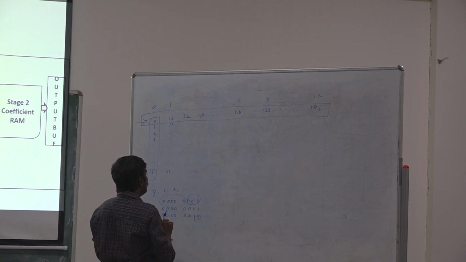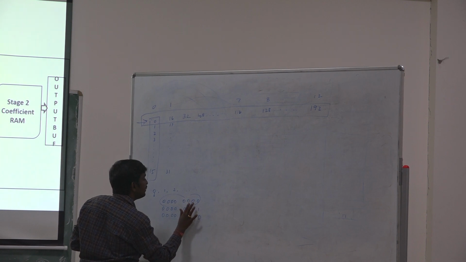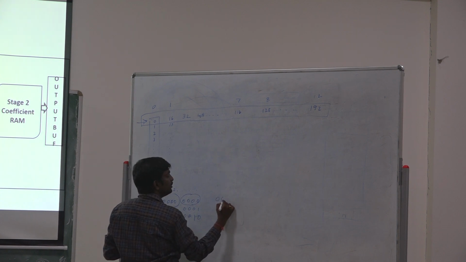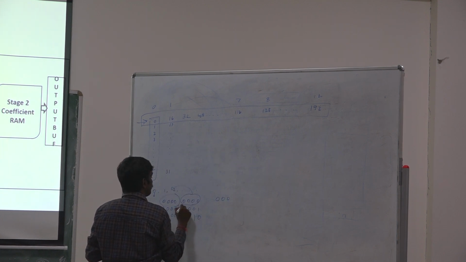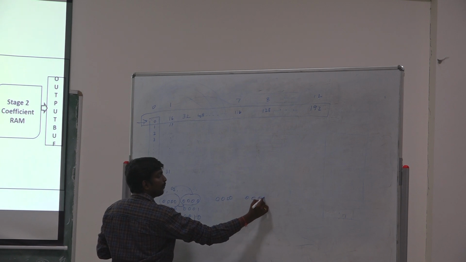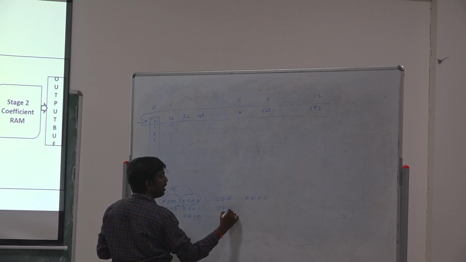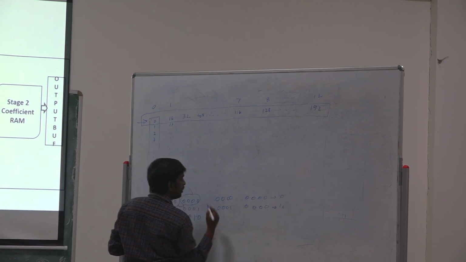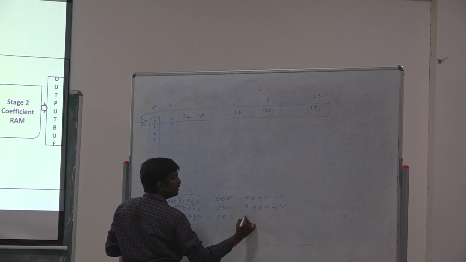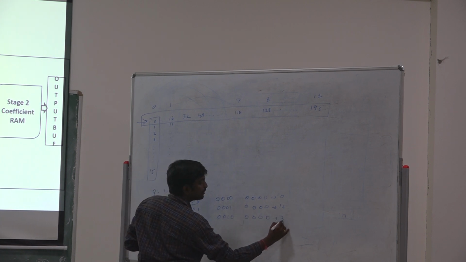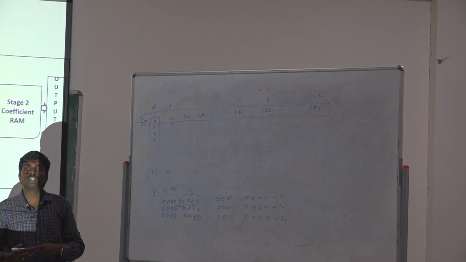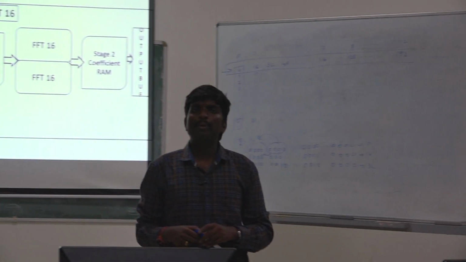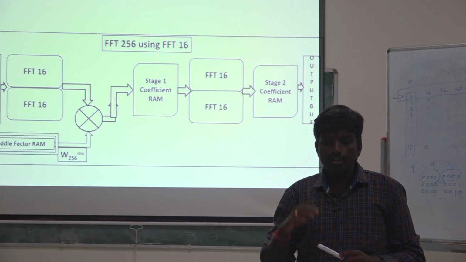So when we try to change the lower nibble and higher nibble position, we will get 0, 0, 0, 0, 0, 0, 0, 0. In this case, 0, 0, 0, 1 and 0, 0, 0, 0, which is actually 16. So in the second, 0, 0, 1, 0, 0, 0, 0, 0, which is actually 32. So if we keep on continuing, for the entire signal we record, we'll get it as per the input sample number. But this is also not sufficient.